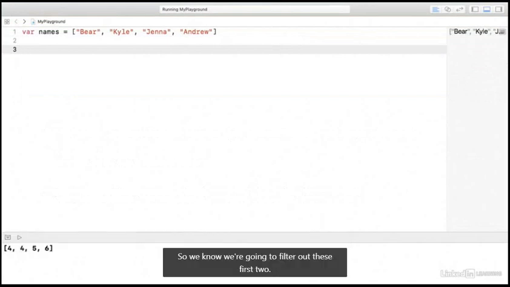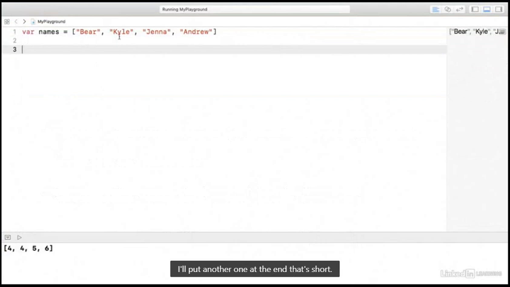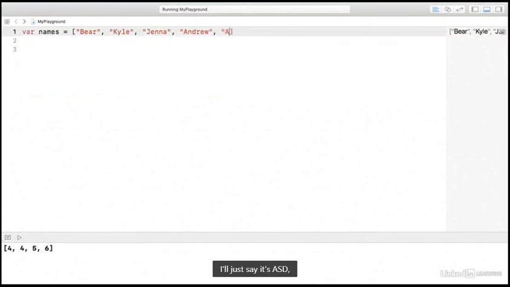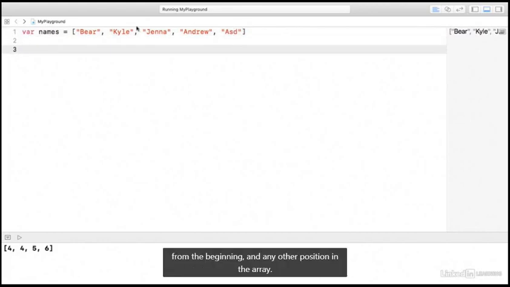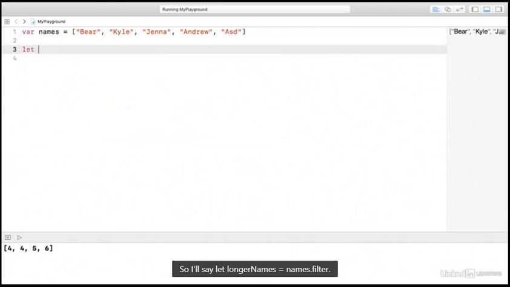So we know we're going to filter out these first two. I'll put another one at the end that's short. I'll just say it's ASD, so that we know that we can filter out some from the beginning and any other position in the array. So I'll say let longer names equal